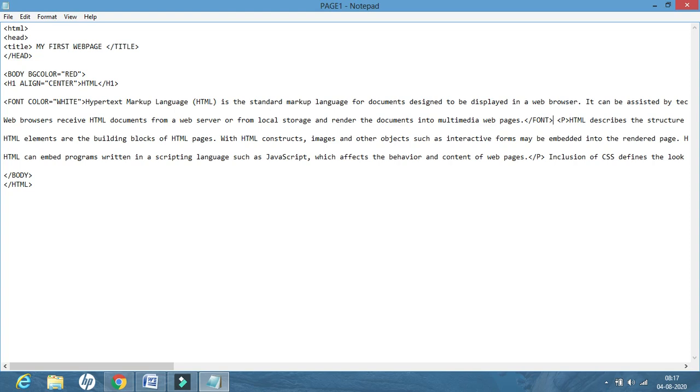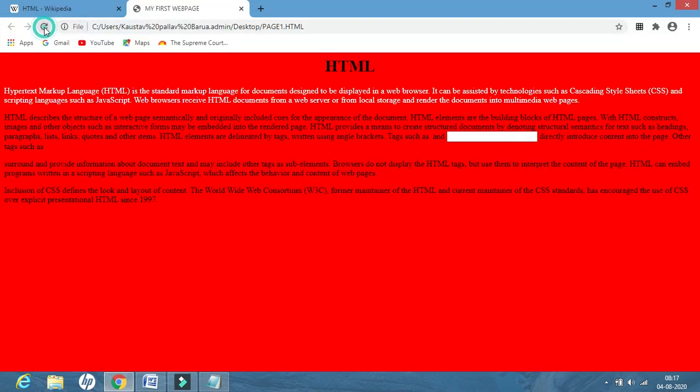What will happen if I do not close this here? If I do not close this here, everything will be in white color, which I do not want. I only want these 2 lines to be in white and the rest to be in black only. Let us see. Save, open Chrome and see. I think it is clear.